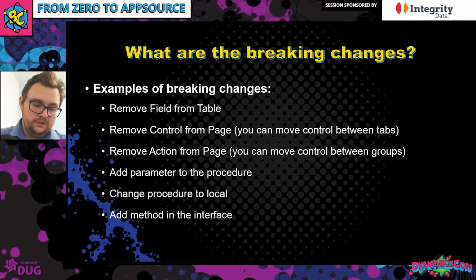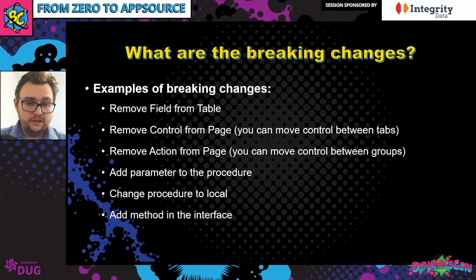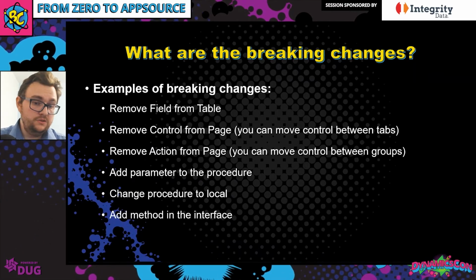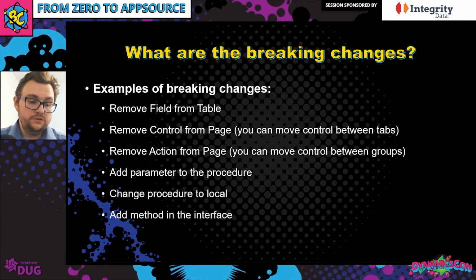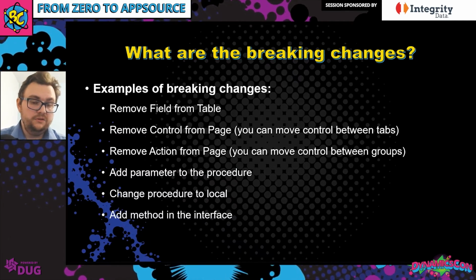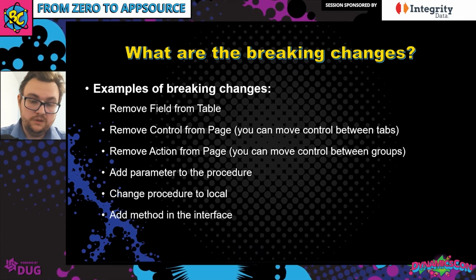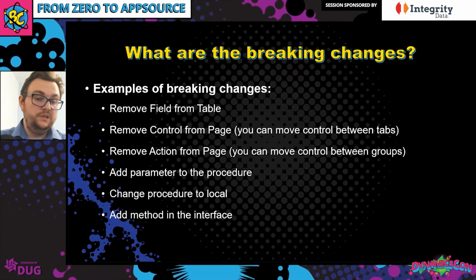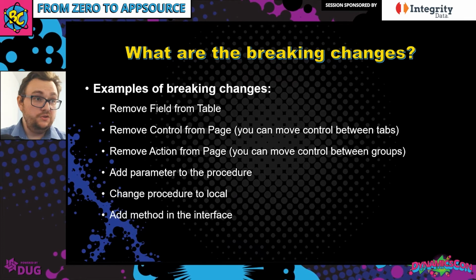Also, adding methods to the interface is not allowed. Microsoft at this moment is not checking if anyone is using, for example, your procedure or your action, right? So that's why it's not allowed. Maybe in the future we will get such functionality that we will know if we can remove the procedure or action without any issues at